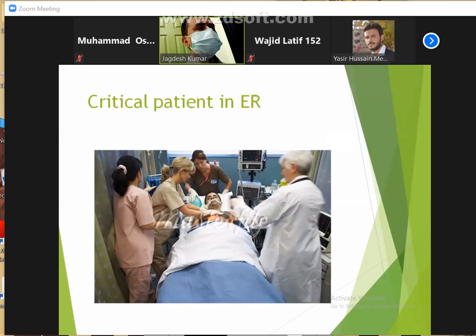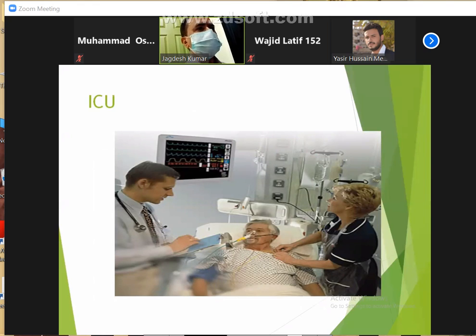This is a patient received in emergency. See the team: the senior doctor, the nurses, staff nurse and technicians are available. The patient is already intubated and on oxygen. So they are monitoring the patient in emergency and checking what happened to this patient. This is a patient who was received and already treated. The patient looks conscious and is on oxygen. There is a doctor and a staff nurse. They are fixing the electrodes and watching the monitor. This is a cardiac monitor or ECG monitor.